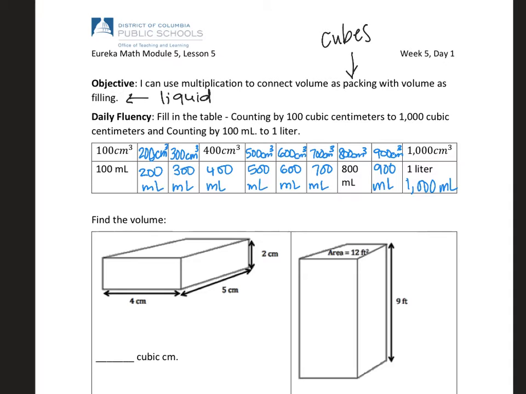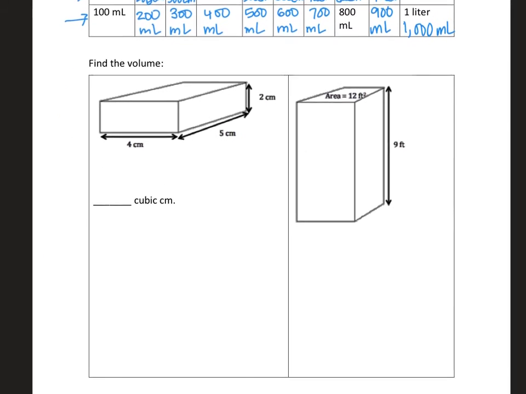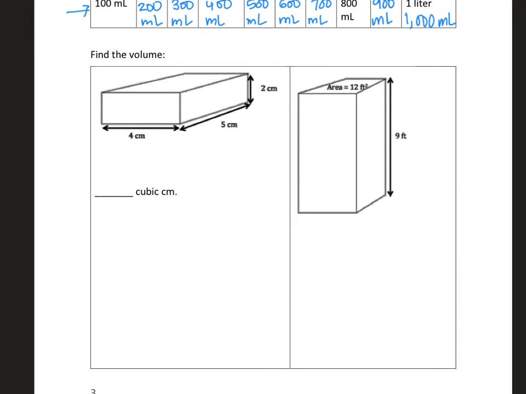So, but looking here, I can see that 100 cubic centimeters is the same as 100 milliliters. Okay, so we're going to talk more about that after we finish the fluency. So going down, we're going to find the volume. So remember, your volume formula